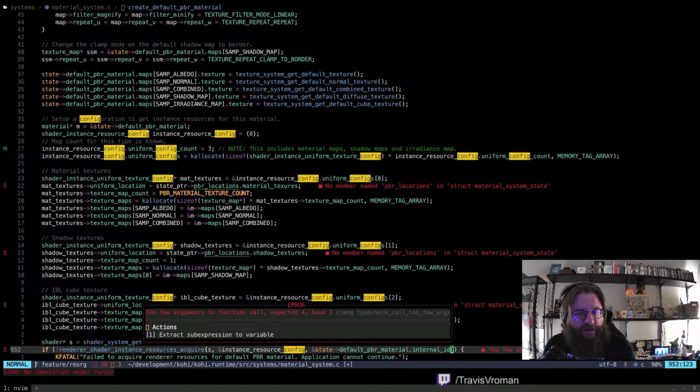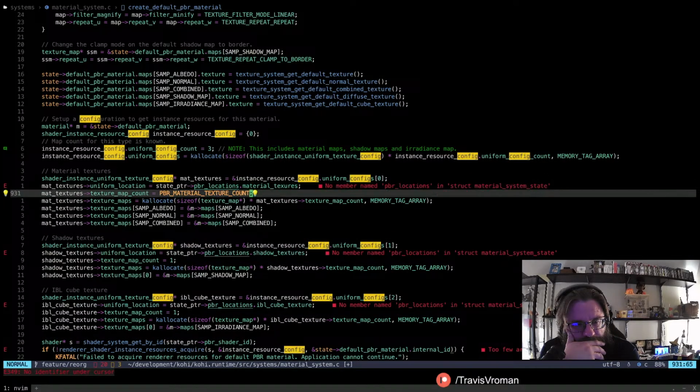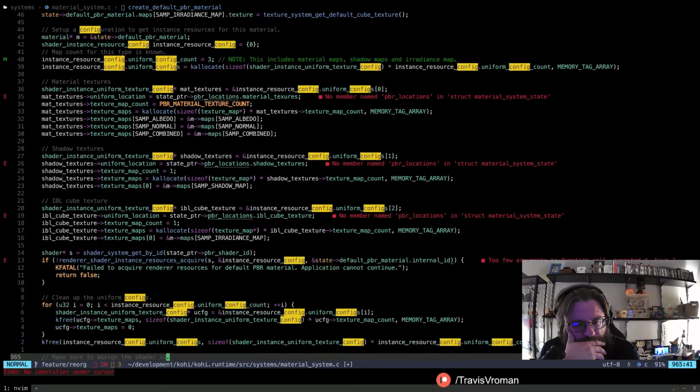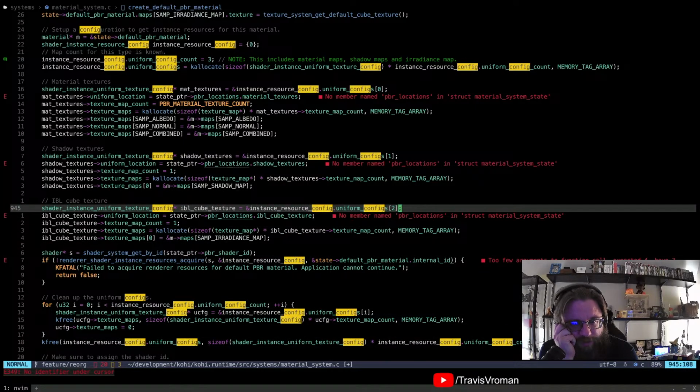When we're creating the default materials, I wonder if we should offload this. Because, I mean, it's kind of material data, right? But it's also kind of GPU upload logic, right?